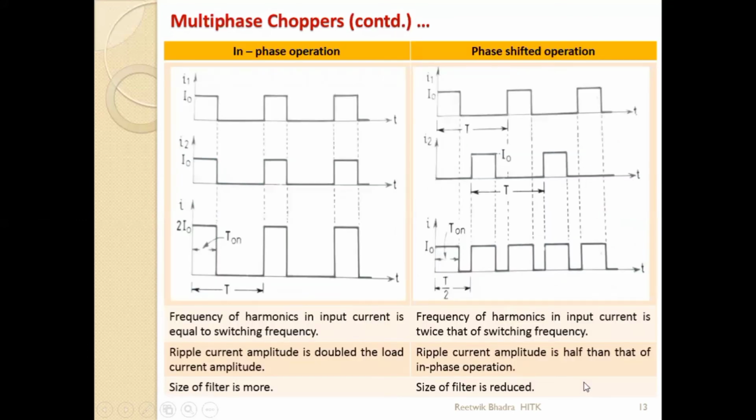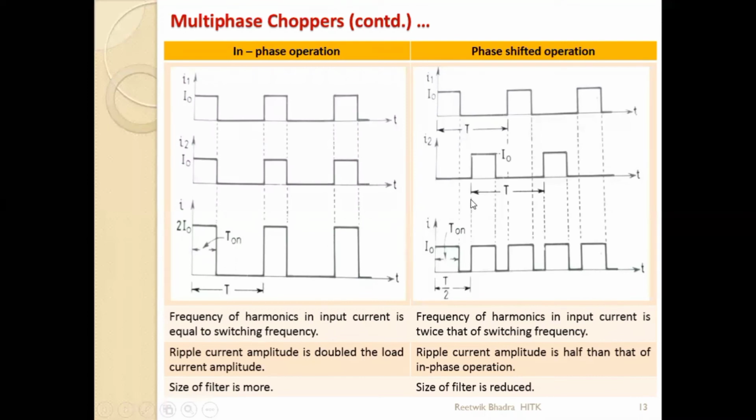So next, what I did is a comparison between the two to understand it in a better way. If you look into the figures, I have taken the first figure itself, where we have I0 over here, that means CH1 is on, so I1 is equal to I0, and I1 is equal to 0 in the next cycle. Similarly, I2 is equal to I0 and then 0, because in phase operation the on and off time are of the same duration, with no change in on and off duration. So if you add these two, you will get 2 times I0, which we had already discussed.